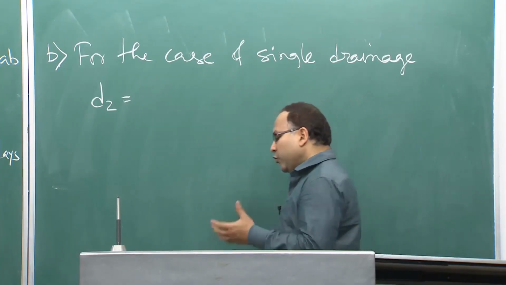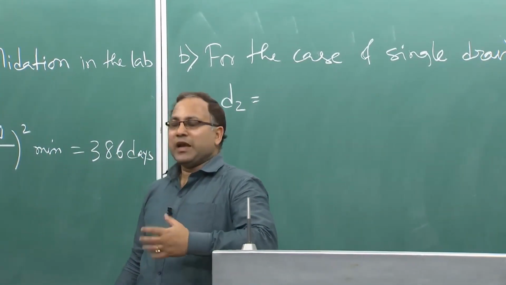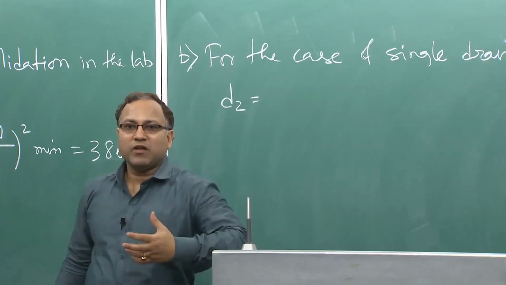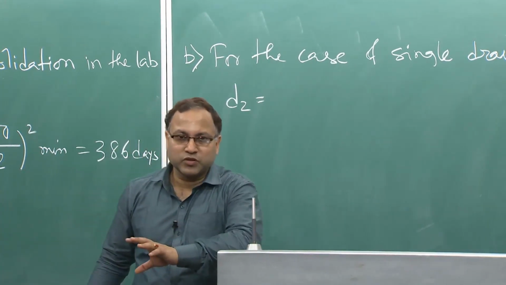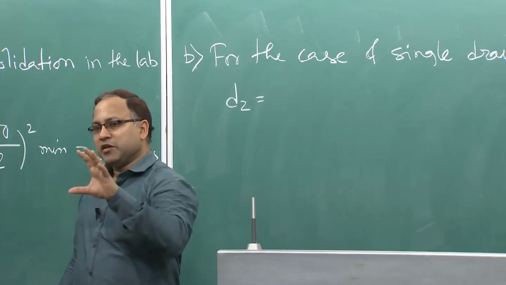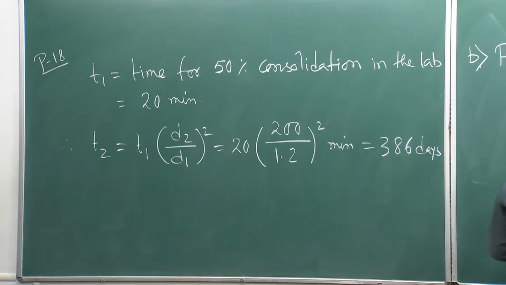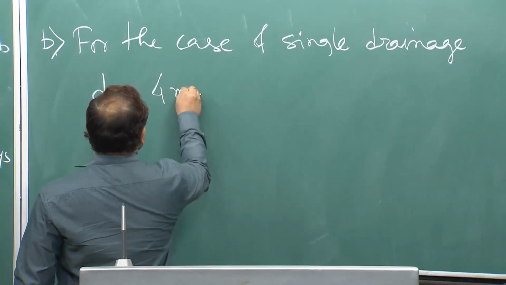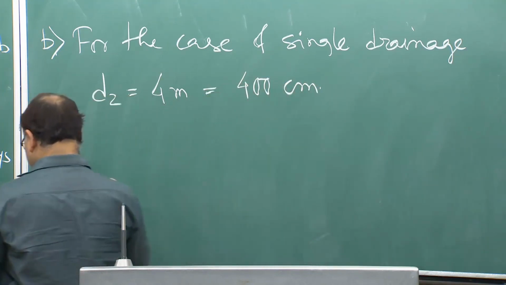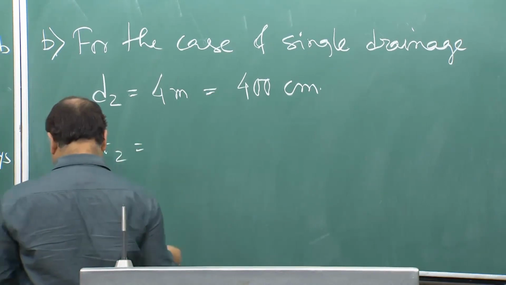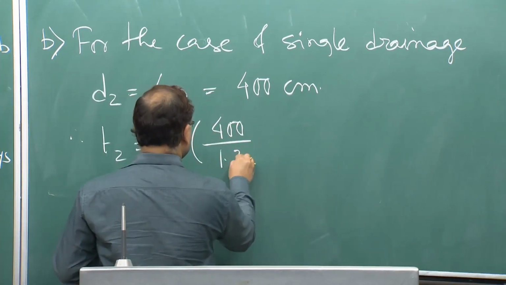So, that means in the laboratory you are allowing double drainage system to get 50% consolidation. Now, you are trying to apply that result to get the 50% consolidation in the field with single drainage system. So, that means in the laboratory you have double drainage, but you want to apply that thing for the field where you have single drainage system. So, if that is true, your D2 will be simply 4 meter, that is nothing but 400 centimeter. So, your T2 will be required as 20 into 400 by 1.2